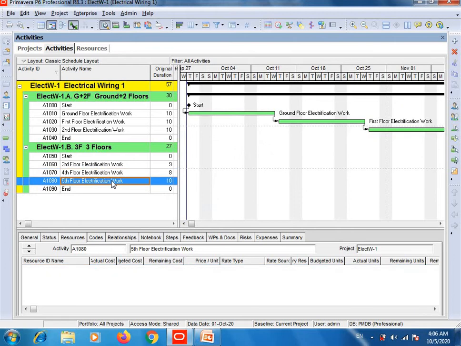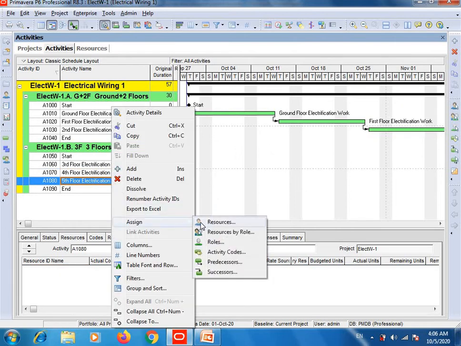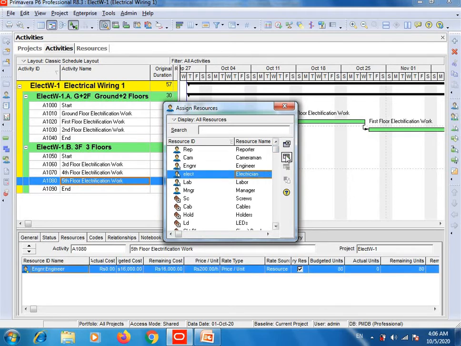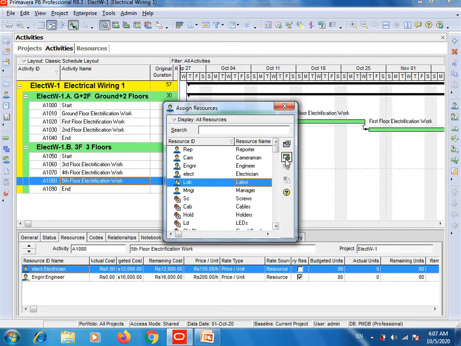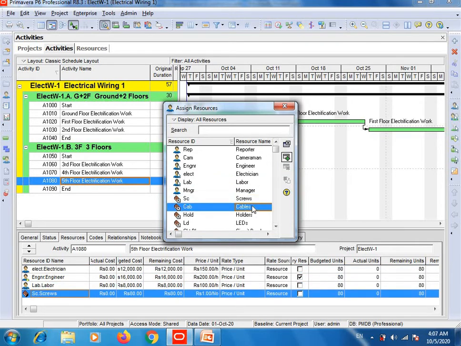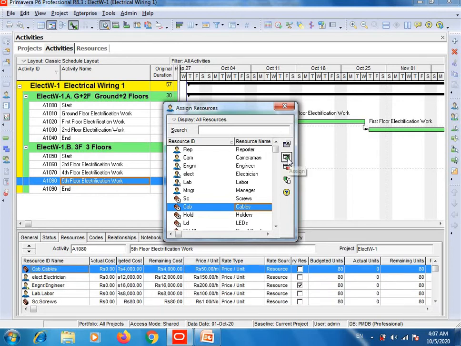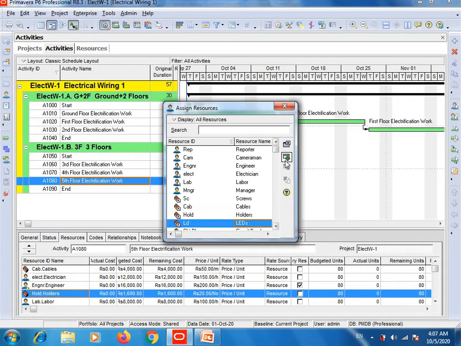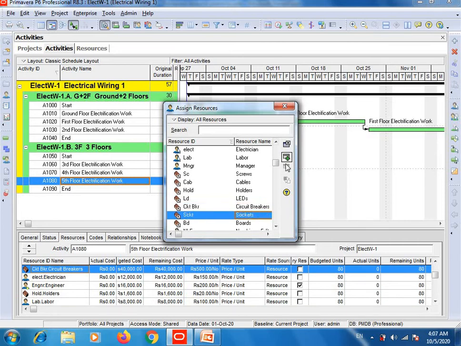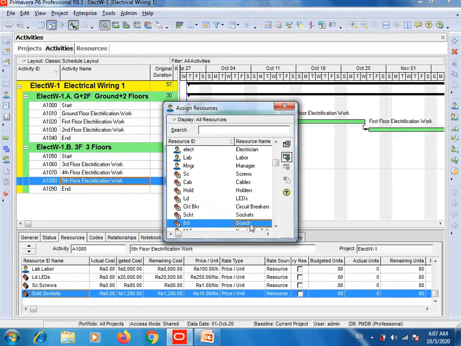And then the last activity, engineer, electrician, labor, material, holders, LEDs, circuit breakers, sockets, boards.